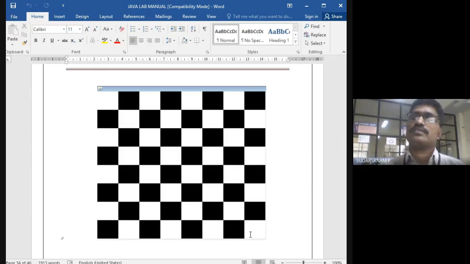So one box should be displayed white, and another box is the black block. Next is white, white, white. Once the row is finished, it ends with the black block, and the next row will again start with the black block.